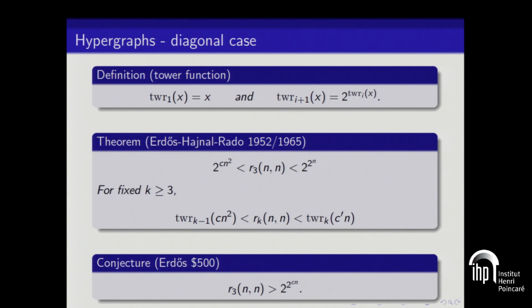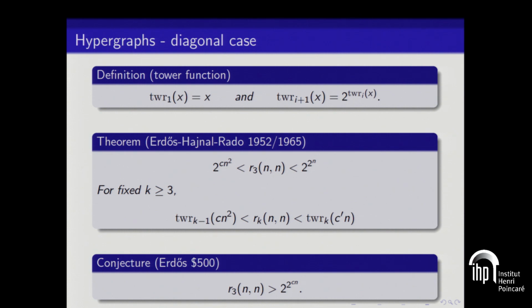And there's a method, which I may get to at the very end, which shows that if you can solve this problem for 3 uniform hypergraphs, you can solve it for k uniform hypergraphs. So somehow there's a way of taking constructions that we have and then increasing the exponent by 1 every time k increases by 1. So the state of affairs for fixed k, for the diagonal case, is similar to the case of 3. Namely, we have a lower bound that's a tower with height k minus 1 and the upper bound with one more 2.